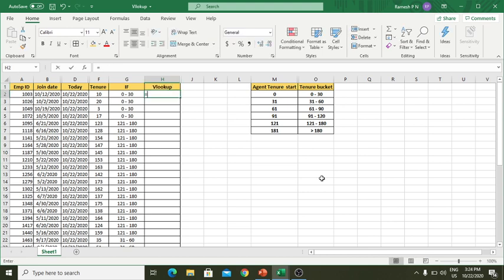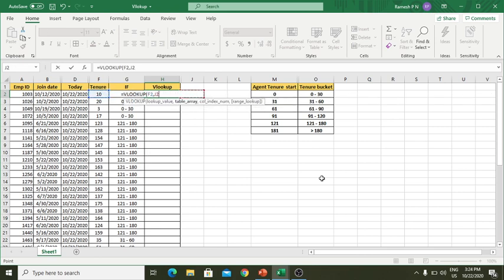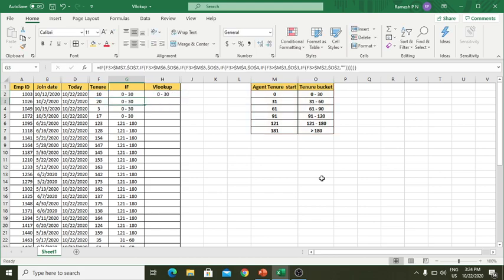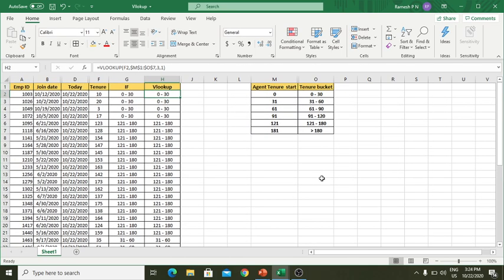This is my lookup value. I'll use VLOOKUP. This is my tenure. I'll take this array, freeze the array, and take the column number as 3. I need an approximate match, so I choose approximate there. You can see it's giving me the same match value that I got from the IF statement.